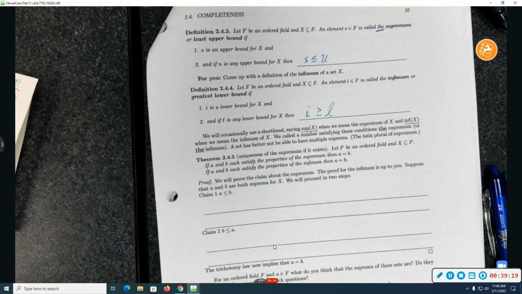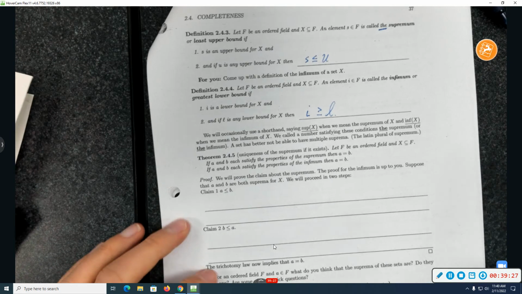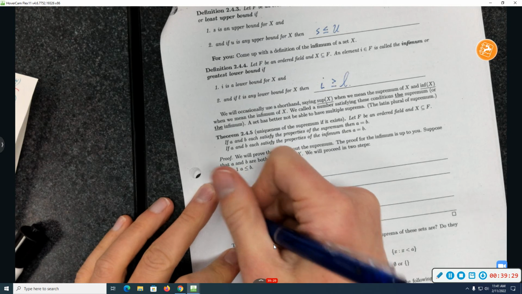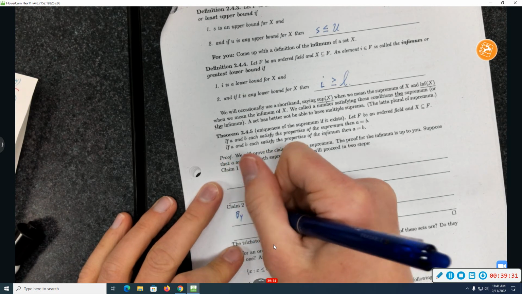Oh, neat. Is that one of the things we need to show? Yeah, let's go to the correct space and write down those bounds. So, claim 2. By assumption,